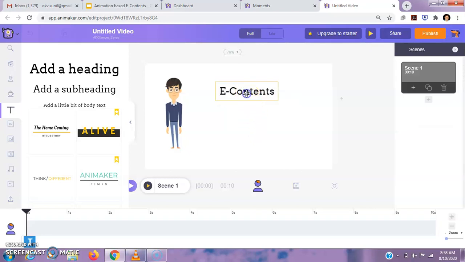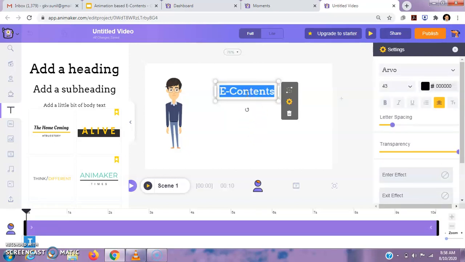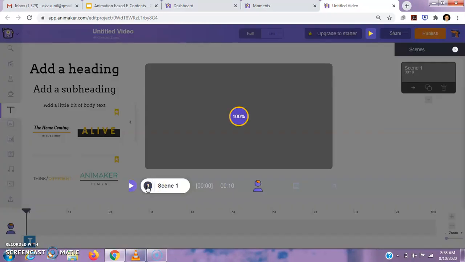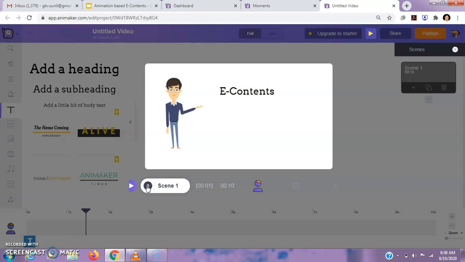Now if I want this particular text to be available from the beginning, then we make no changes, and I will check it. We can see the text is appearing from the beginning.